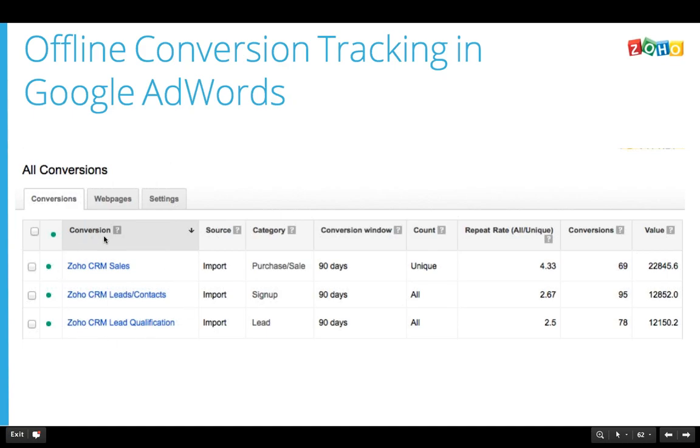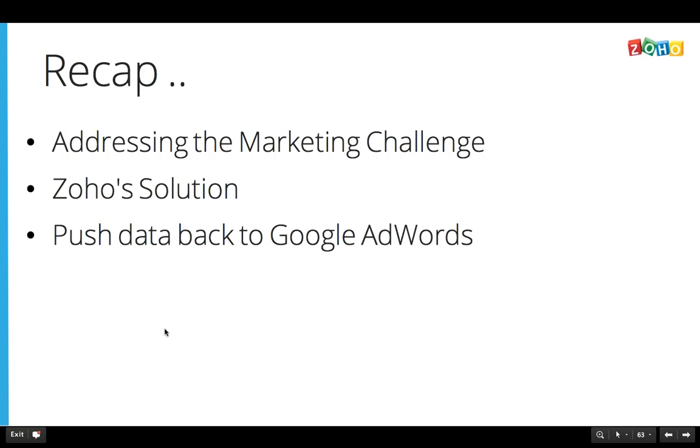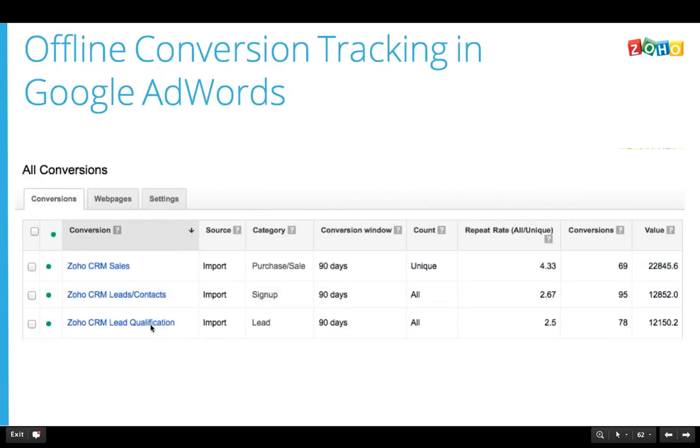So now this is what gives you a complete picture. Here, we're able to see the number of days it took for the sale to be completed, the total number of repeat or unique purchases, total number of conversions, and the value of conversions.